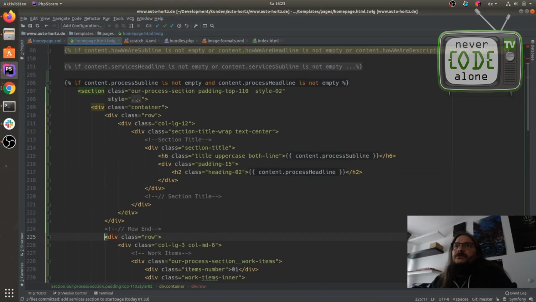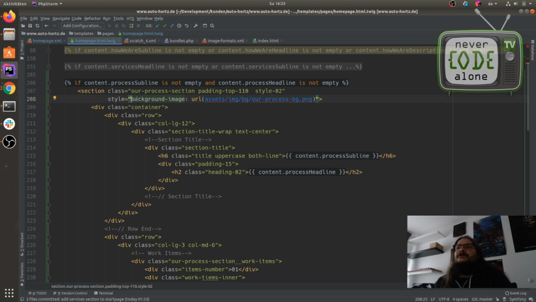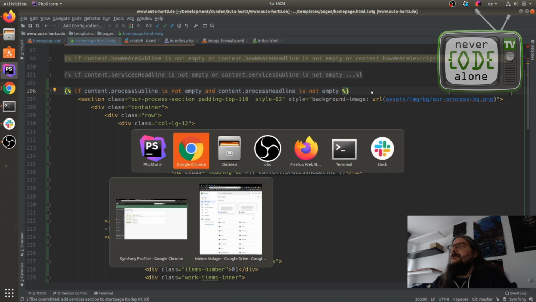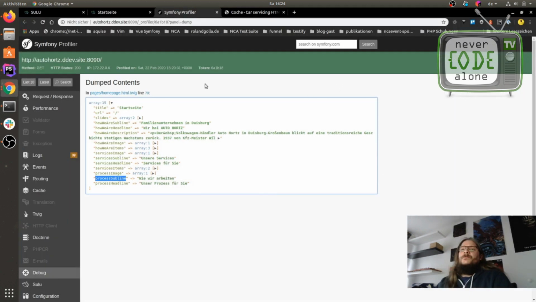Let me check just one second, please. Okay, this is the background image here. I just put it in one line, and I can now add here our process image.